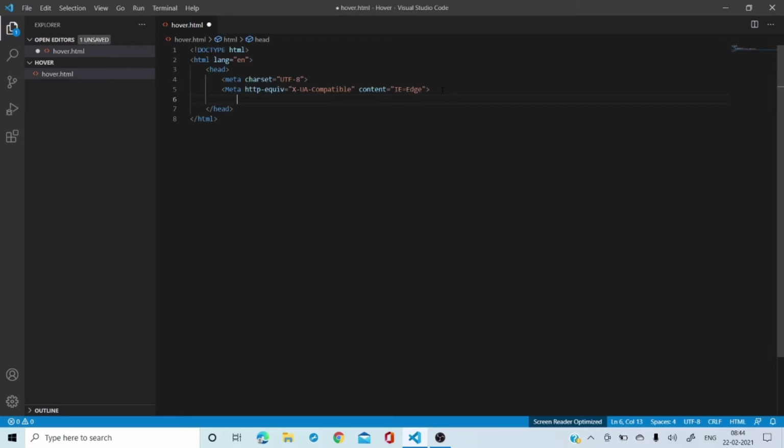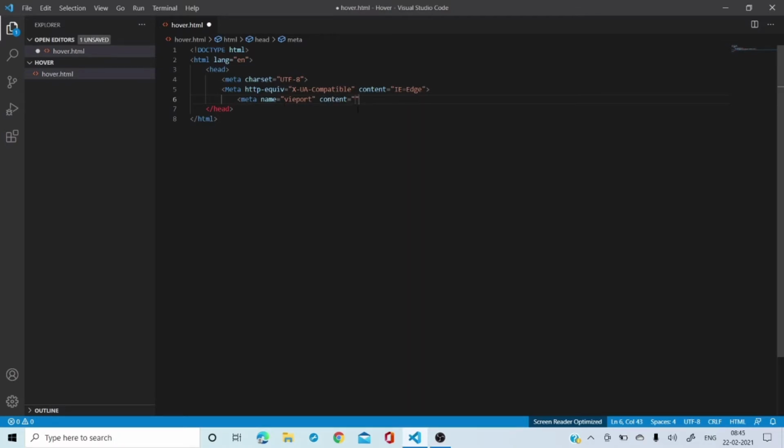Another one which I'm going to give you is the meta name. So what do you mean by a meta name? Here we are going to give the viewport. Once you have written this, what is the next step? Again, the content.